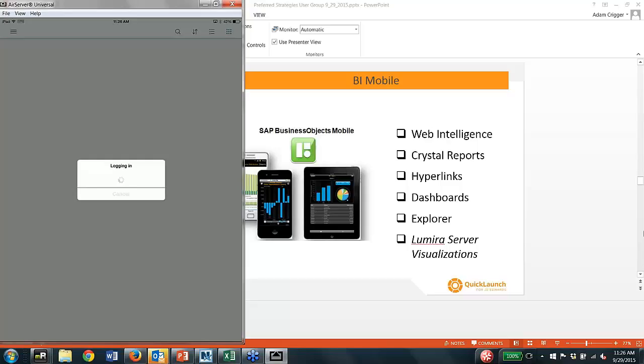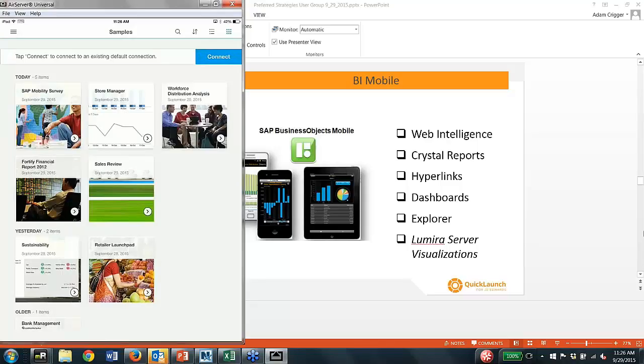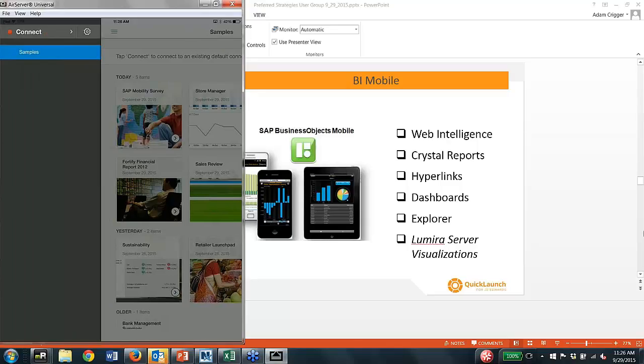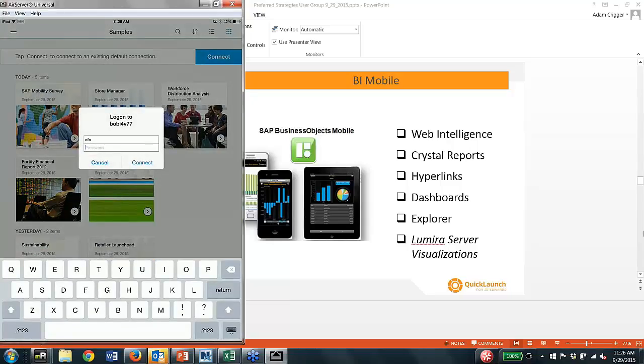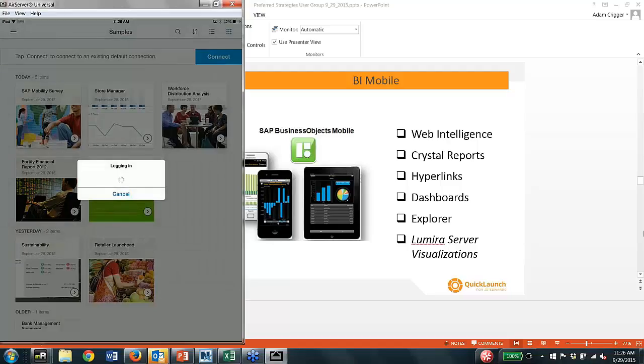Okay. So when you actually log in, let's go ahead and connect. You can specify a connection to which server. So in this case, I'm going to connect to one of our BI servers, the demo, the one we're using today. And it's going to prompt me for my credentials to log in. So I'm going to connect. And we're just going to show a couple examples. I didn't really prep anything real slick for today, but